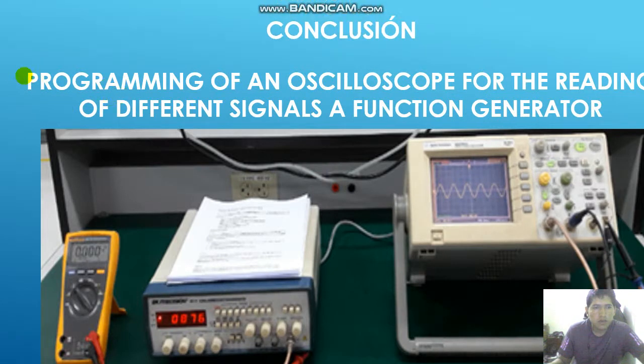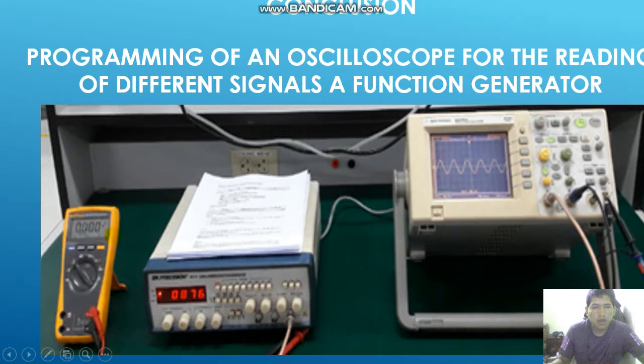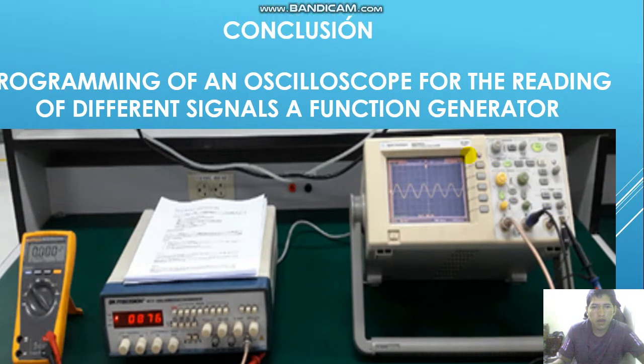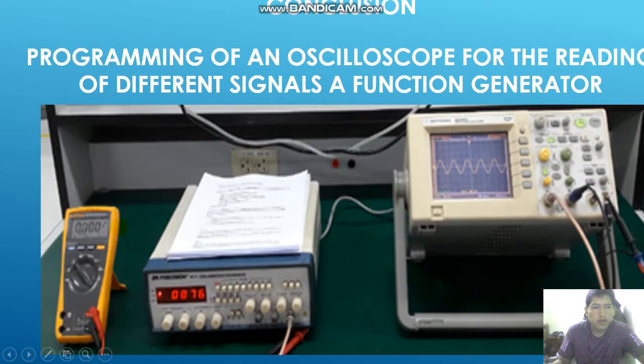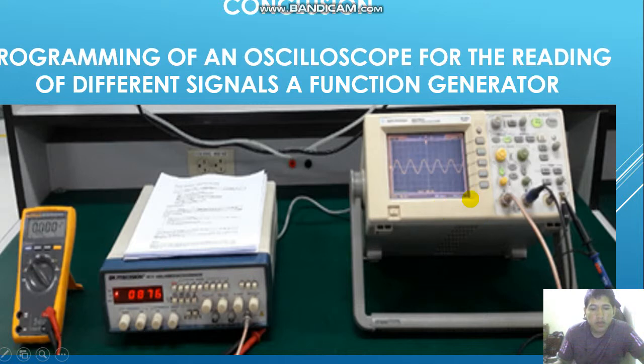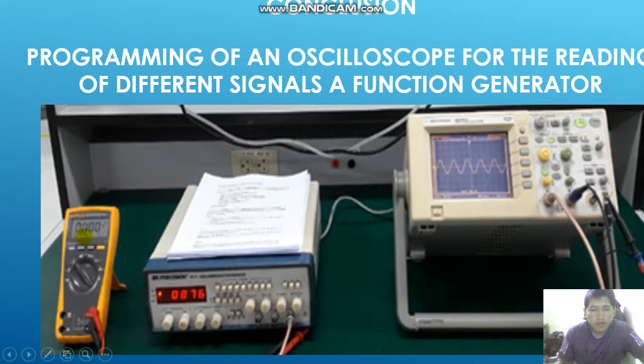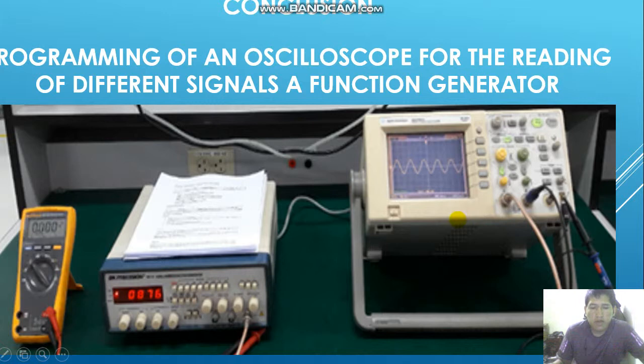To start, my conclusion about topic 1 is that the difference between the oscilloscope and the multimeter is very important. With the multimeter you can get the resistance, voltage, and current of any equipment. This use is very important. But with the oscilloscope you can get all the information that the multimeter shows, and also